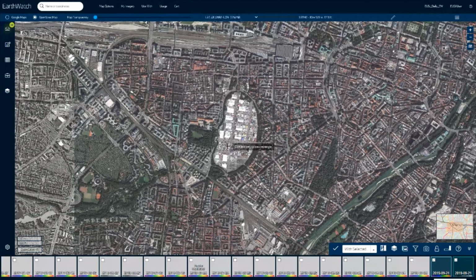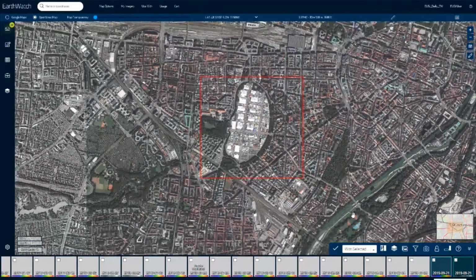You need to make sure that your AOI is larger than 1 square kilometer, because you can't download any imagery that is less than 1 square kilometer in EarthWatch. But this is actually a big advantage towards standard ordering, because in standard ordering, the minimum order size is 25 square kilometers.